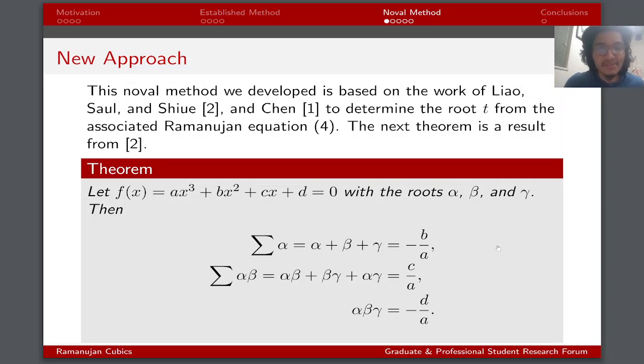But by using what we call the Vieta formulas, these are very well known, very old, the Vieta formulas tell us that the sum of the alphas is actually just negative b over a. And this is c over a and negative d over a. Which means we can get these quantities by just looking at the original cubic. Okay, which is a big deal,